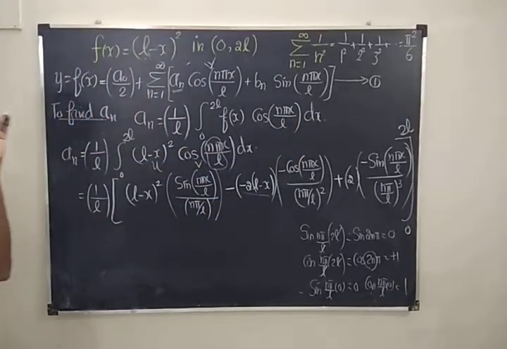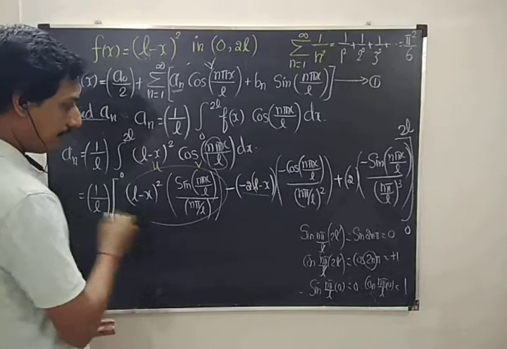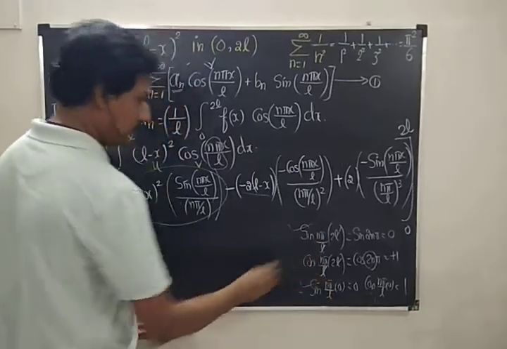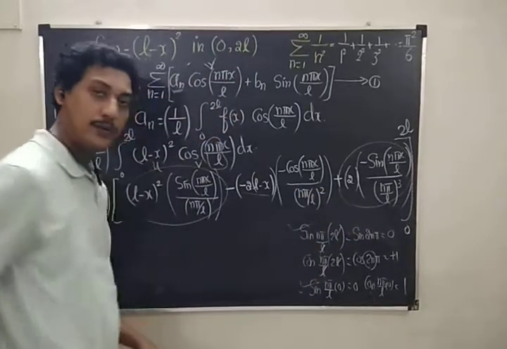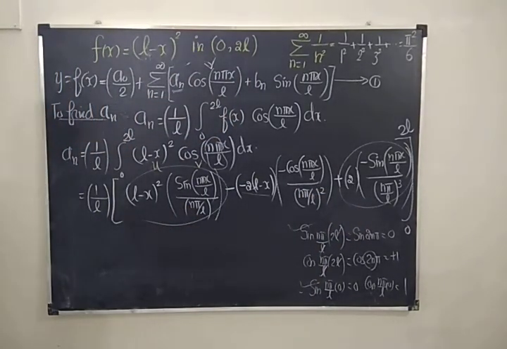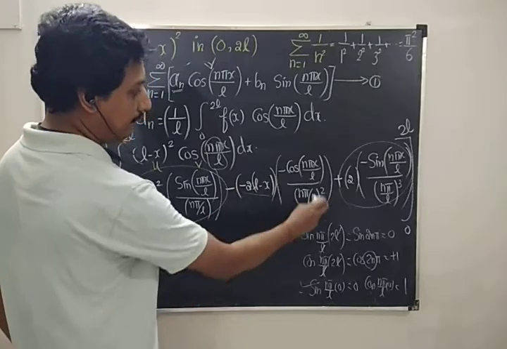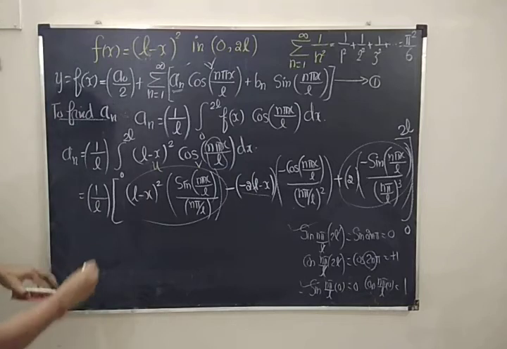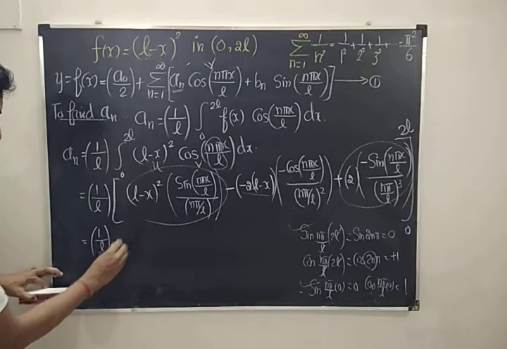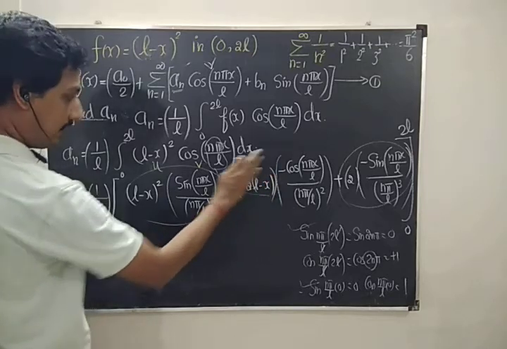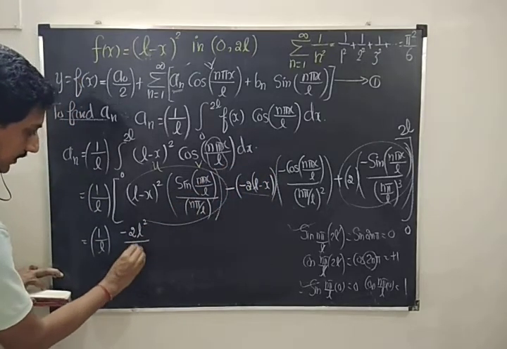So please kindly recollect or remember this formula so that you can easily get the answer for this an and bn. So what we found from this, sin n pi x by L is 0, sin 0 is 0. Once again this term is also getting 0 for both the upper and lower limits, so we simply omit those two terms. So apart from that we had only the middle one, minus plus, plus and minus minus. So minus 2 taken outside, this (n pi by L) whole square is also constant taken outside. So is equal to 1 by L is already there. Now minus 2 taken outside, the reciprocal of this one 2L squared by n squared pi square.